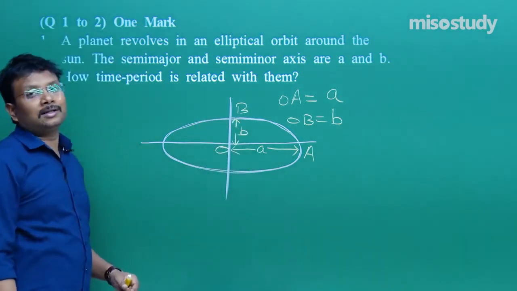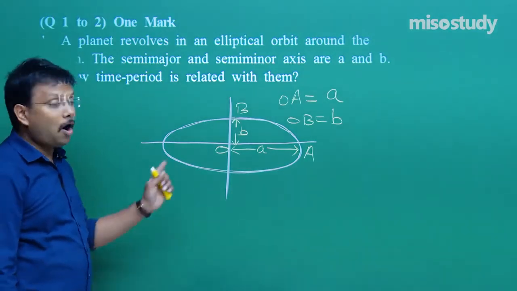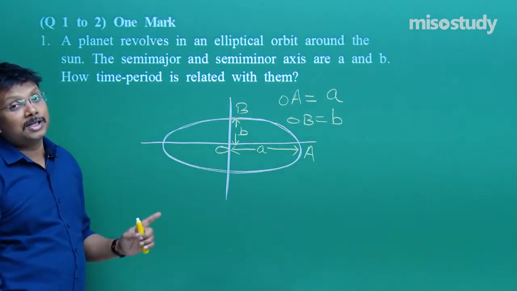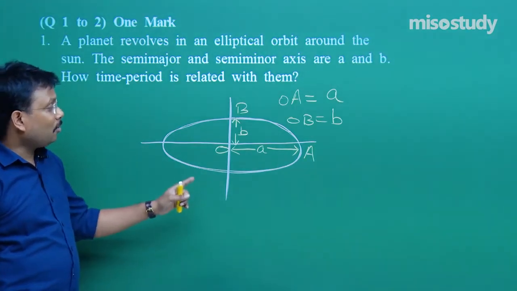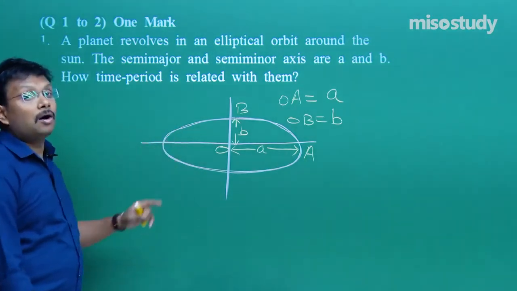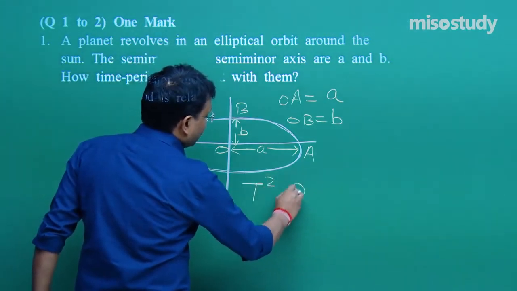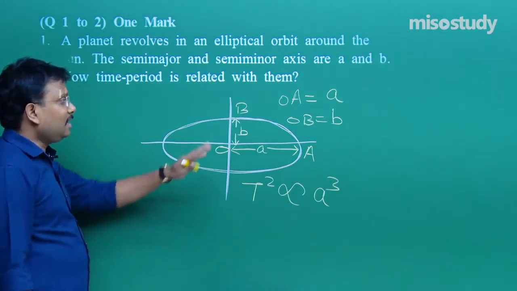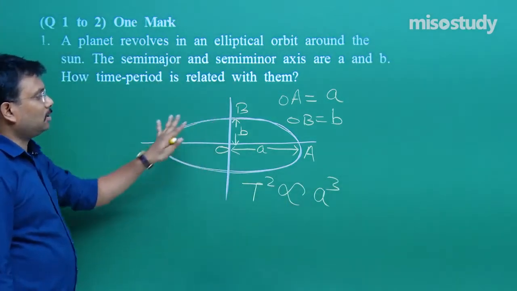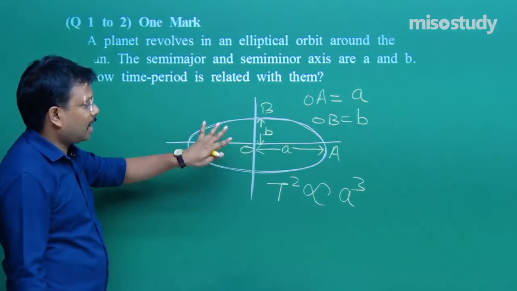And try to recall the third law. The first law was the law of orbits, the second was associated with areal velocity, and the third is associated with time period. So, as per that law, what can you write down? You can write down T square is directly proportional to A cube. So, basically this is a simple question based upon this aspect, but there is no need of providing this diagram